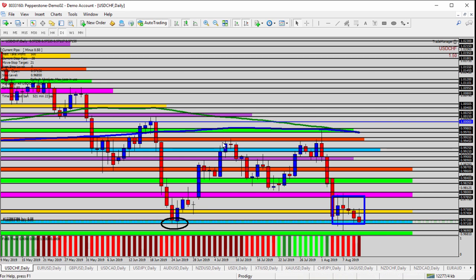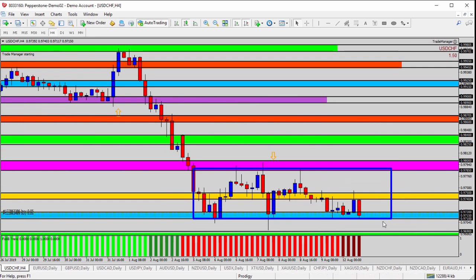The 4-hour time frame gives us a pretty interesting viewpoint of this blue zone. Here's the support here last week where it bounced off and went up. Here it is again here, bounced off and went up, and here we are again here. Look at the past several 4-hour periods just kind of holding support right around 0.9710, 0.9720. So the first easy answer to trading the dollar franc right now at the current market price between 0.9710 and 0.9720 is